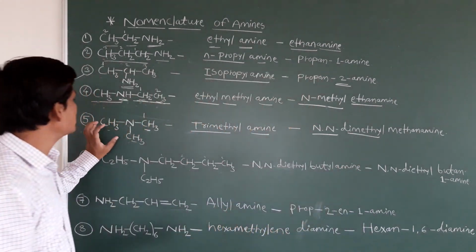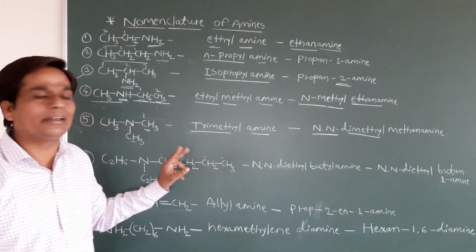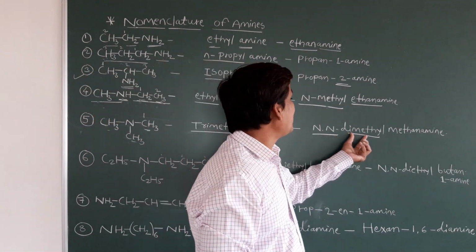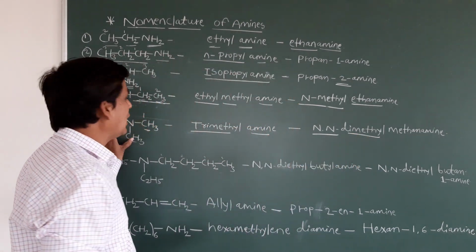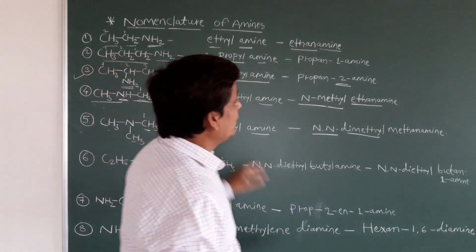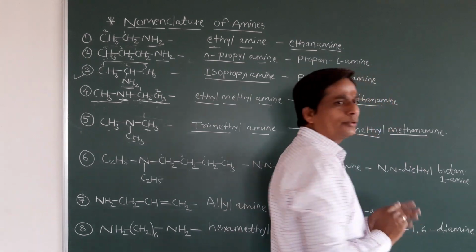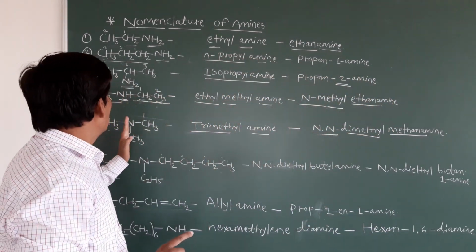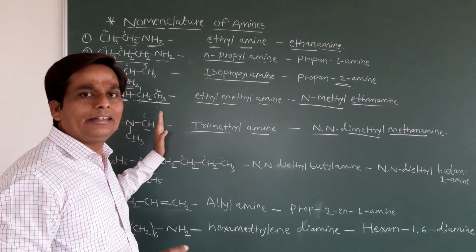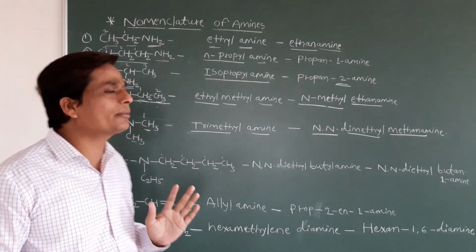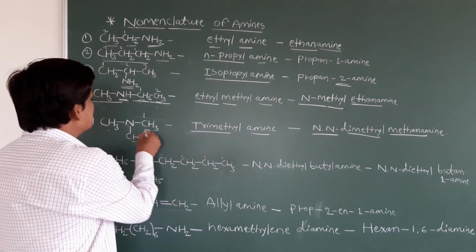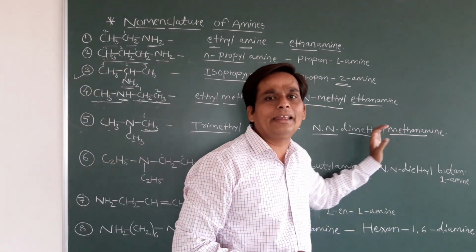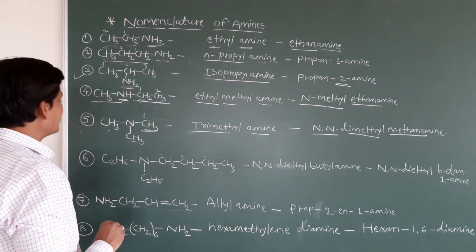So it is 2 times. That's why you can write here N,N. Remember, in the case of amines only, you use the prefix N,N-dimethyl. This methyl group 2 times, and then the long chain, this one, methanamine. Okay, students, how can we give the IUPAC name? You select the long chain, but in this case all have the same carbon chain, so you can consider this as the first. We can say it is N,N-dimethylmethanamine. Now clear?